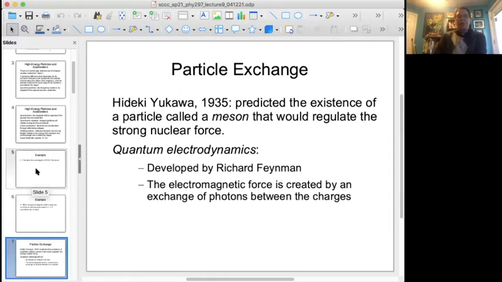And so, by the 1930s, people realized that there were smaller particles than the protons, neutrons, and the electrons. Hideki Yukawa predicted in 1935 that there would be a meson, a different particle, regulating the strong nuclear force. And Richard Feynman, an American scientist, developed the theory of quantum electrodynamics, which basically says that photons regulate the electromagnetic force. So each force has a particle associated that